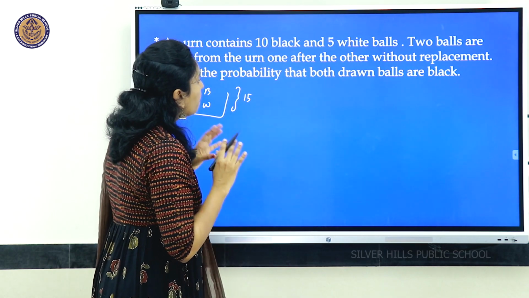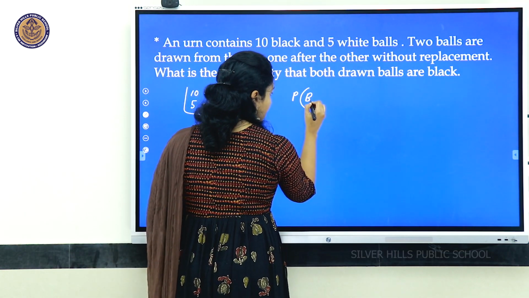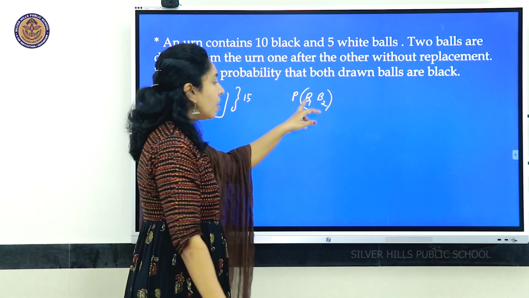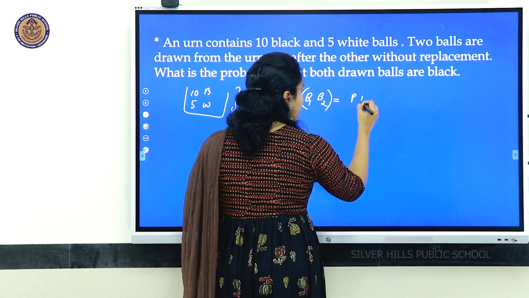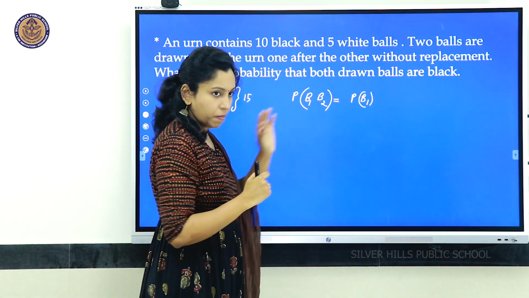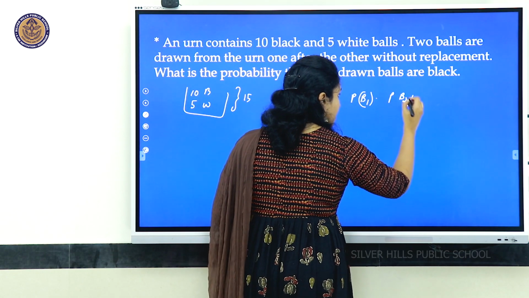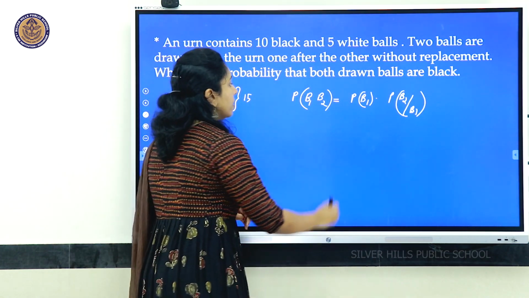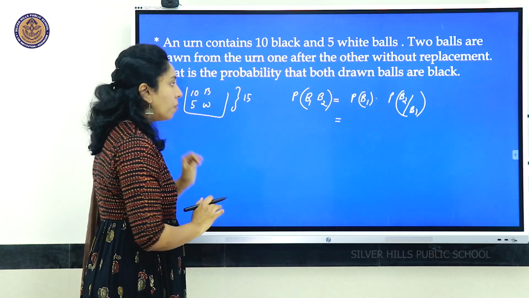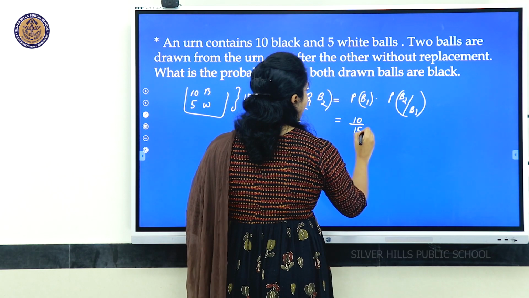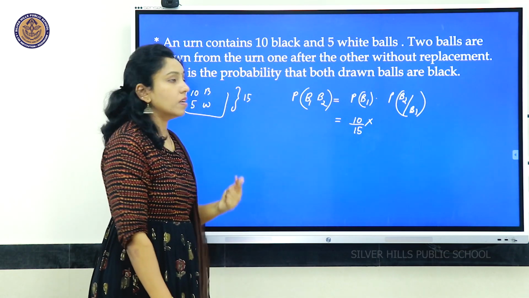What is the probability that both drawn balls are black? So we need to find the probability that the first one is black, and the second one is also black. Here we can apply which theorem? The multiplication theorem. So when you apply the theorem, it's probability of getting a black ball first, into probability of getting the second one black given the first has already taken place. Okay, that is equal to. Now tell me children, what is the probability of getting a black? Total 15 balls are there, 10 balls are black. So 10 by 15 into